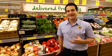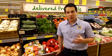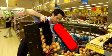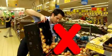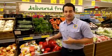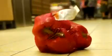There are some key handling issues in store that seem quite obvious, but make a huge difference to the quality of our produce. First, tipping, or as I like to call it, dropping, because that is essentially what we're doing. If I tip fresh produce into the display table, it essentially has the same effect as dropping it on the